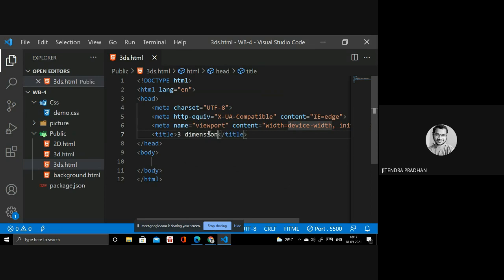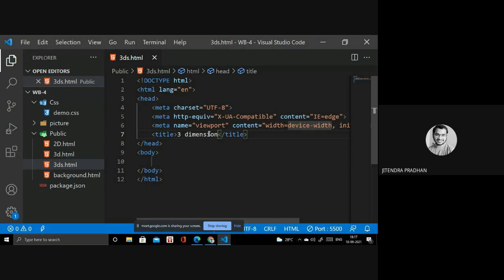Or you can write it like three dimension. Yesterday we were discussing 2D as well. In that we have translate, if you want to move a particular position from the initial position to the final position, and transition, and rotate.